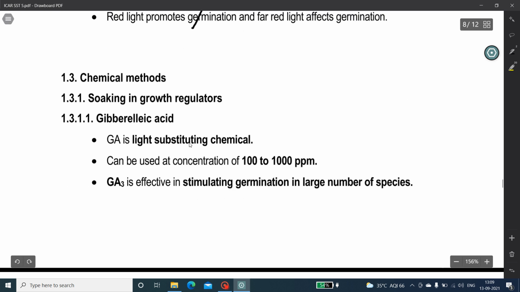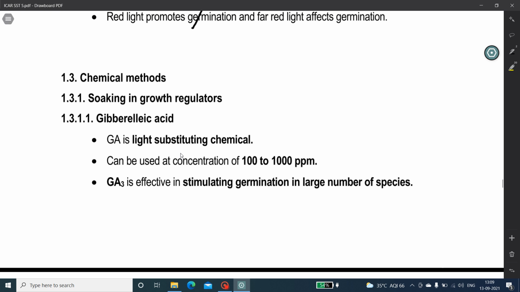And finally, so far we have seen the physical and physiological methods to break dormancy, and now we'll enter into the chemical methods to break dormancy. The first one we'll see is the growth regulators which are helpful in breaking dormancy, gibberellic acid. It is a light substituting chemical used in a wide variety of seeds showing various forms of dormancy,